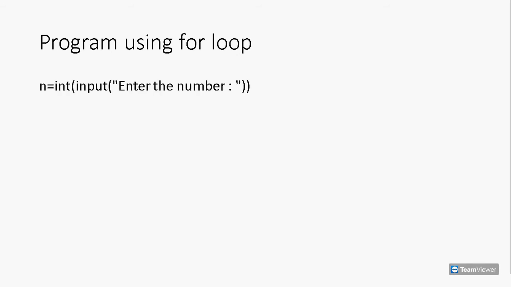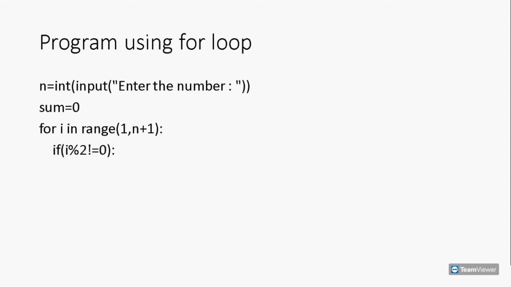n = int(input("Enter the number")). Here we are taking the user input for the number in the variable n. sum = 0. We have initialized the variable sum as 0 outside the loop, which will hold the final sum at the end of the program. for i in range(1, n+1). To generate the list of numbers from 1 to n, we have given arguments 1 and n plus 1 to the range function. if i%2 != 0.